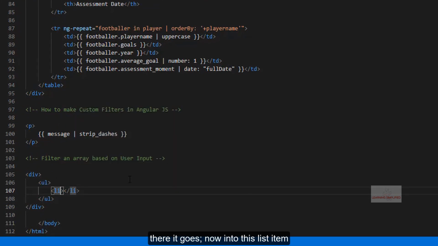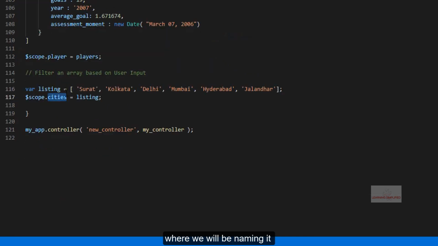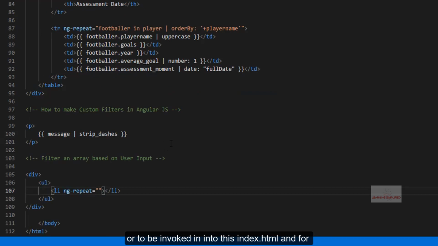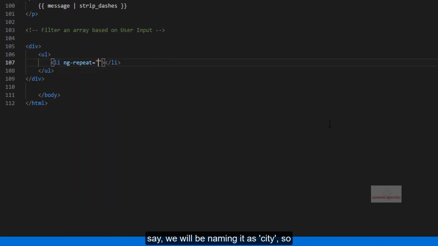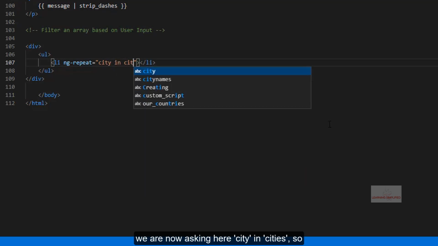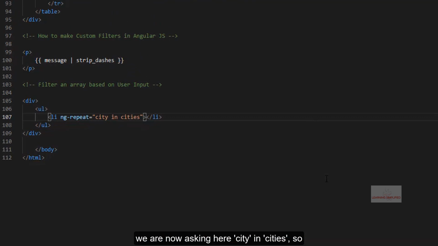Now into this list item, we will be using ng-repeat, where we will be naming these cities into something else to be invoked into this index.html, and say we will be naming it as city. So we are now asking here city in city.